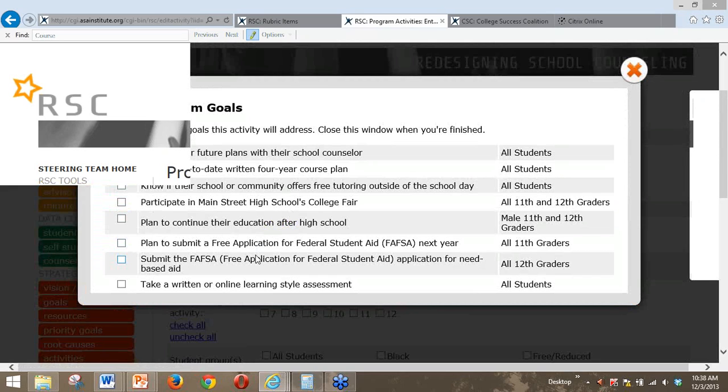So hopefully it's clear that you can't enter activities until you've got your program goals in, because this is where we're going to connect activities and goals. So once I enter my activities, if that's going to help students plan to submit a Free Application for Federal Student Aid, I just click that. Okay, so that's linking your activities with goals.